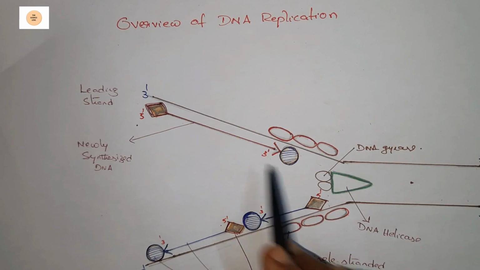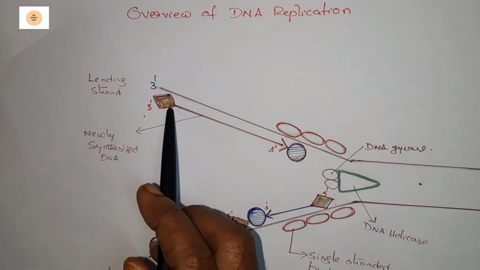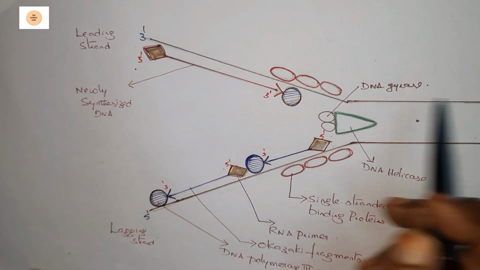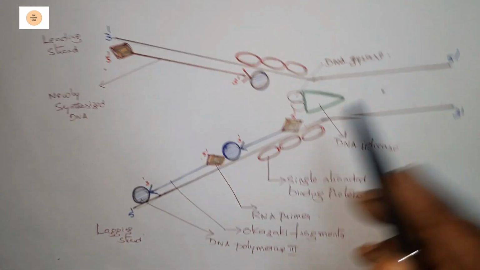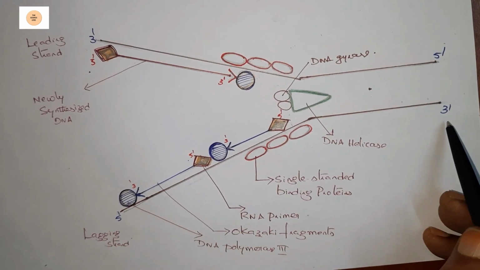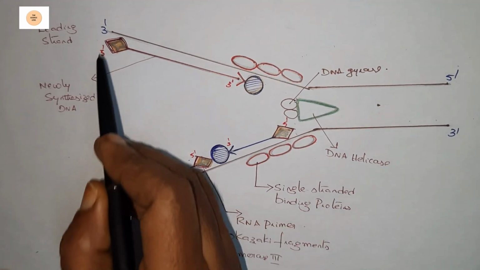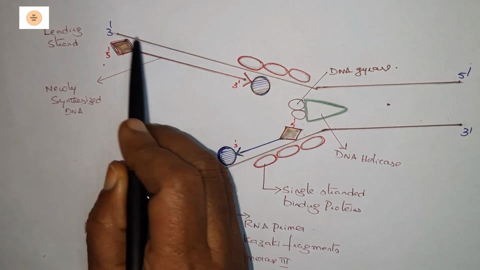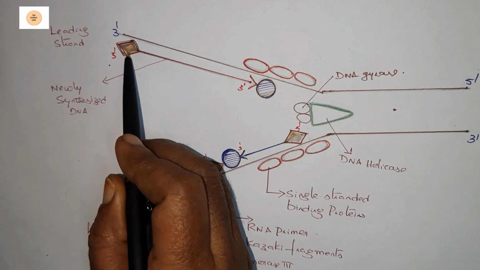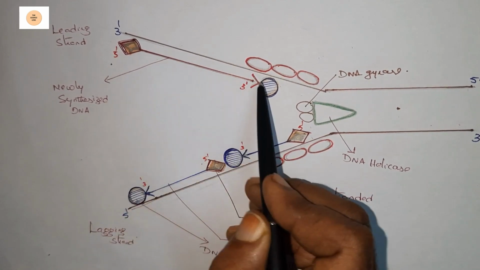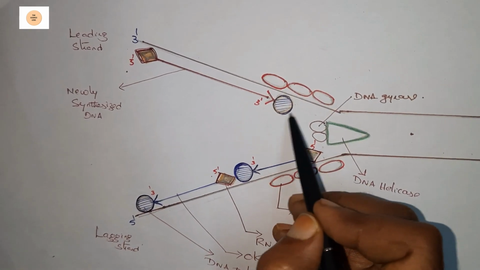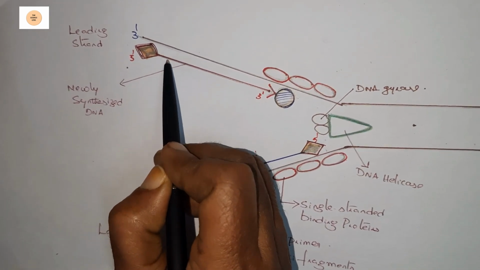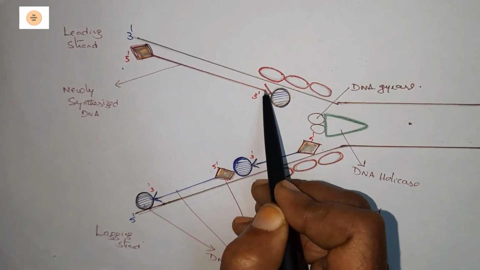Another figure. This is the overview of that figure. So this is the leading strand and this is the lagging strand. Here 3 prime to 5 prime direction, this is the one strand, and the lower strand is 5 prime direction to 3 prime direction, and the newly synthesized strand is complementary to this 3 prime 5 prime strand. So it is synthesized and it grows from 5 prime direction to 3 prime. This is the enzyme polymerase and this is the primer.